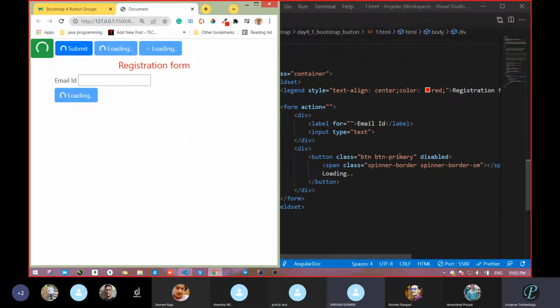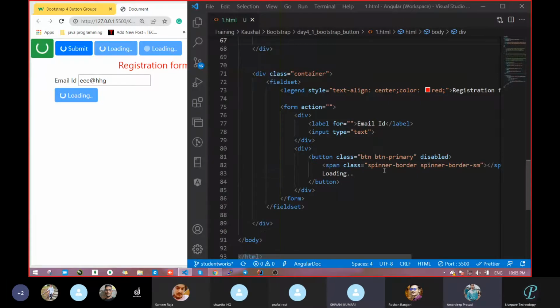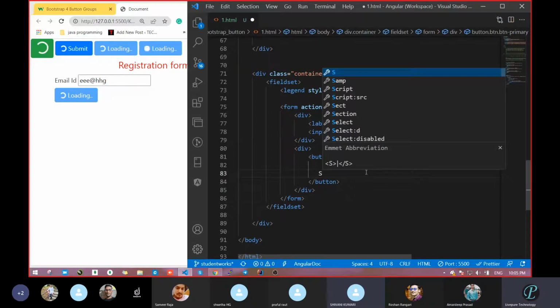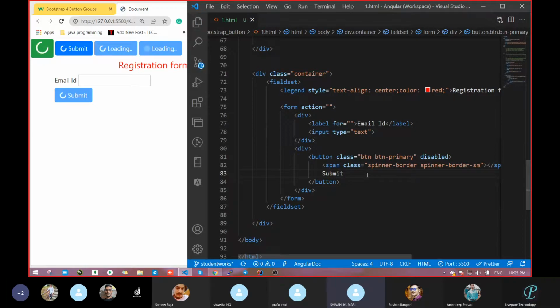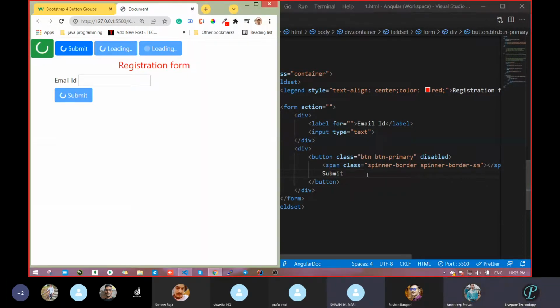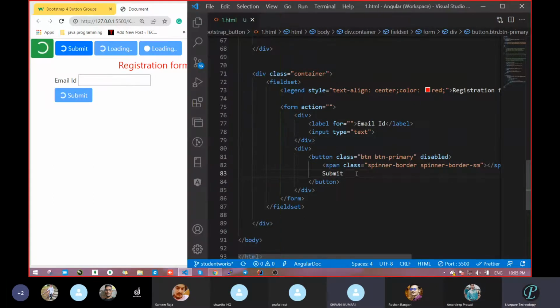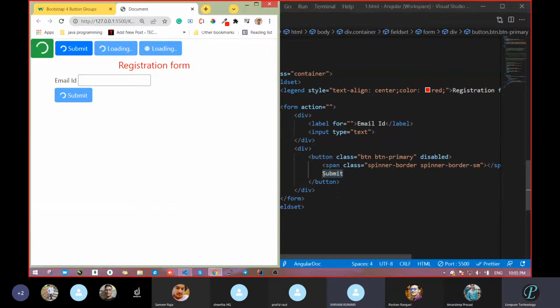Amardeep, now suppose that you are entering data. In place of loading, it will be a submit button first. After clicking on submit, only then it will be loading. Yeah, correct, I agree. And that's a spinner also, it should not be there. Then where do you want a spinner? First there will be text, and second will be a spinner. After clicking on submit, only then that spinner will come. Now see the sense. Both are fine. But see, now it's loading.